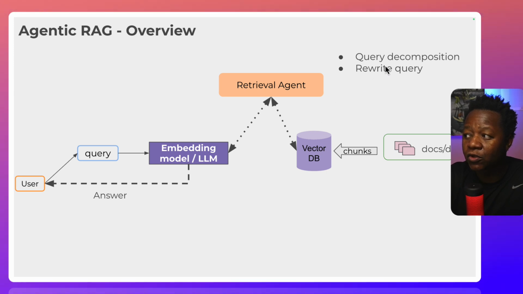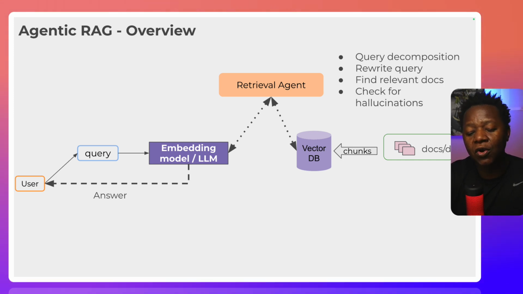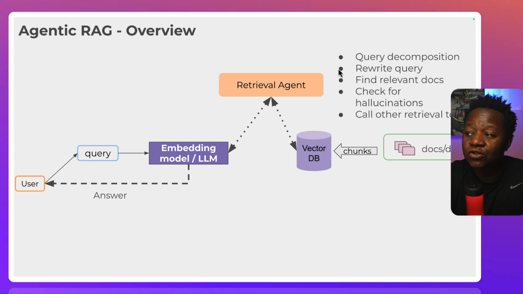And so we can also rewrite queries. So this agent could rewrite the query that was passed along, can also find relevant documents that were said before, and also check for hallucinations. Because as we know, large language models are really good at hallucinating or making stuff up when they don't know what the answer is, as well as the ability to call other tools that may be needed to get to